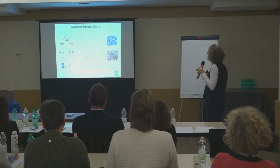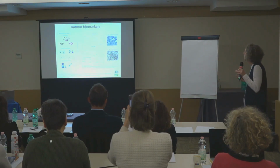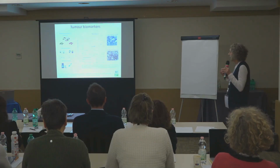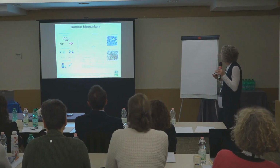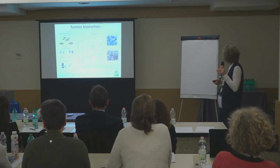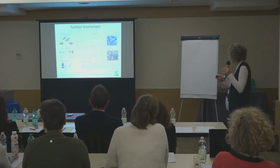We can also use biomarkers that are not DNA. I've been talking about DNA biomarkers, but you can also use protein biomarkers and RNA biomarkers. This is just an example of a biomarker that we discovered in Leeds through some studies on tumours and tumour-derived cells. It doesn't really matter what the name of the protein is, it's the idea that I'm trying to get